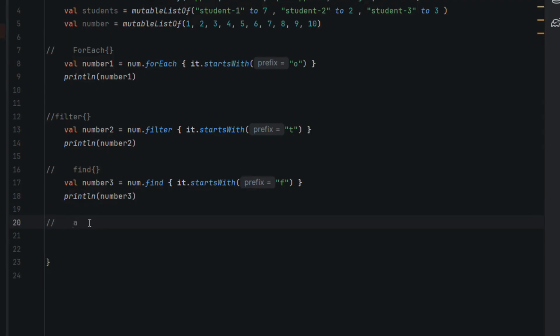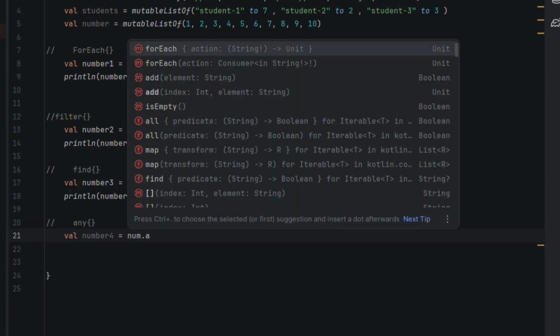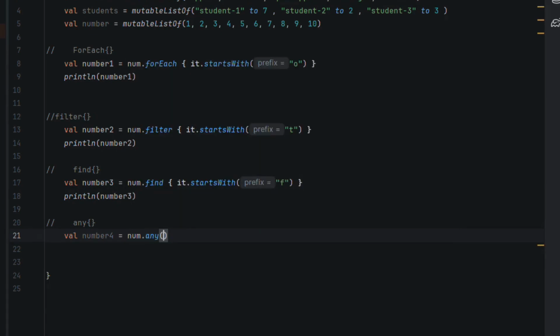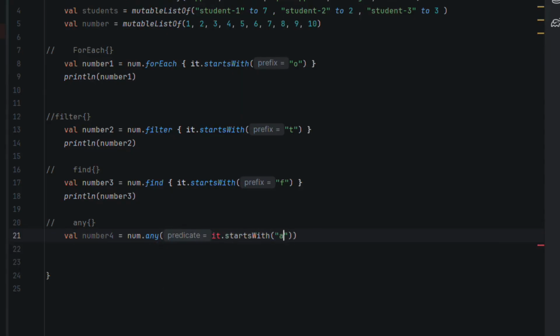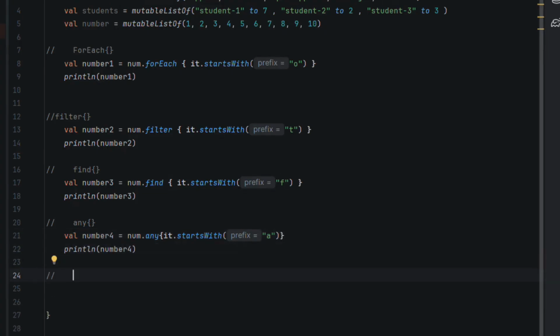original one. Okay, so the next one we have is the find function. What find does is it goes through the list and returns the first element that matches your condition. But with "f", as you can see here, none of our words start with f, so we get null here. And this is really important: find can return null. That makes num3 a nullable string, not a plain string. So in real code, always check for null before using the result, otherwise you will get a null pointer exception. If you change f to t, you will get back "two", just a single string, not a whole